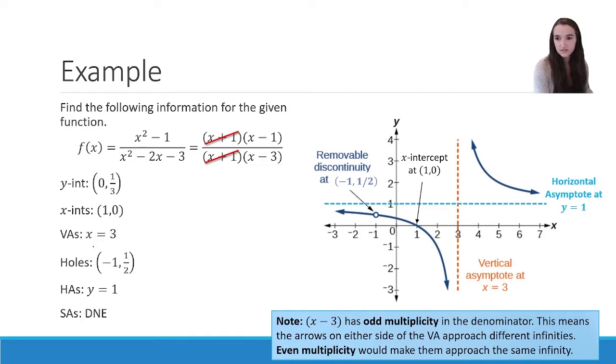Whereas even multiplicity, say it was x minus 3 squared, would mean they would approach the same infinity. In other words, it would look something more like this. So odd multiplicity, one goes negative, one goes positive. Doesn't necessarily tell us which side, because it could go like this. It's still going to be up to you to find enough information to figure out which way it is going,